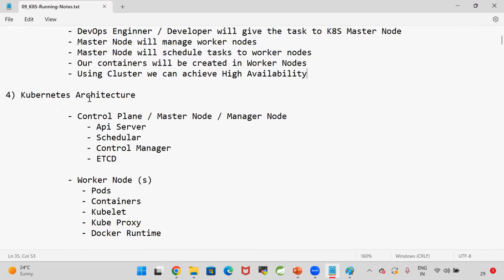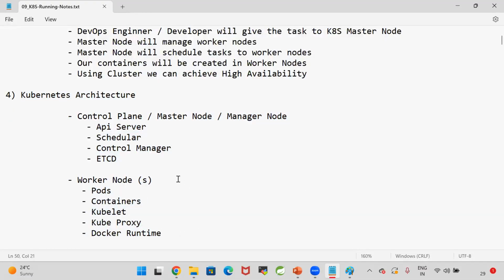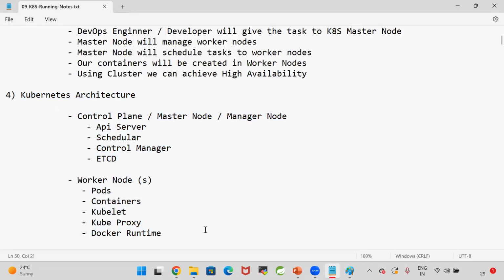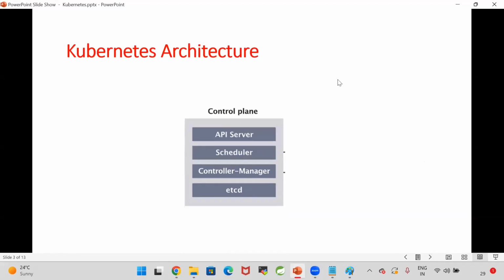Okay. Now, let's understand our Kubernetes architecture. Guys, understanding Kubernetes architecture is very, very important. If you see the Kubernetes architecture diagram, you can see that there is a control plane available.